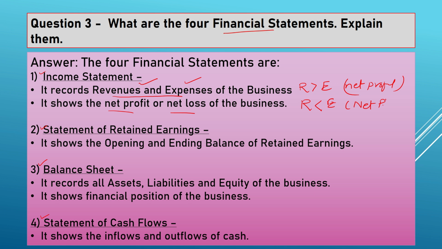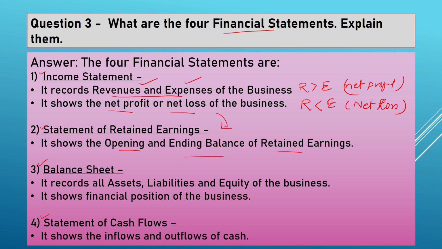So in this way, net loss. So either you can have net profit or net loss of the business, and this you can find only through the income statement. Statement of retained earnings is the second statement, and this statement shows the opening and ending balance of the retained earnings. So whatever net profit or net loss you get from the income statement will be moved